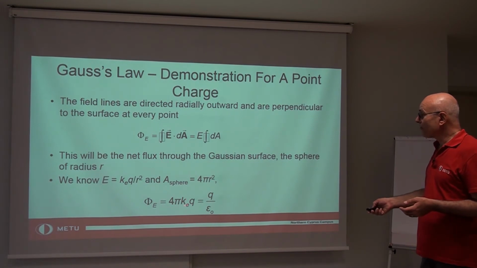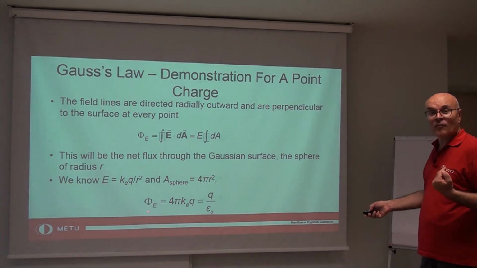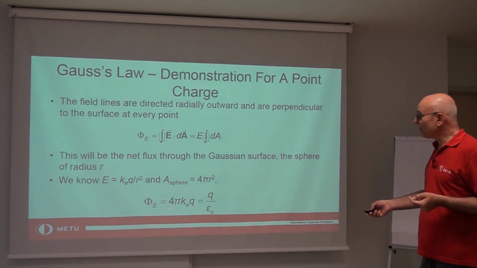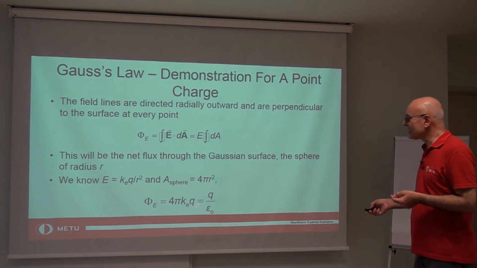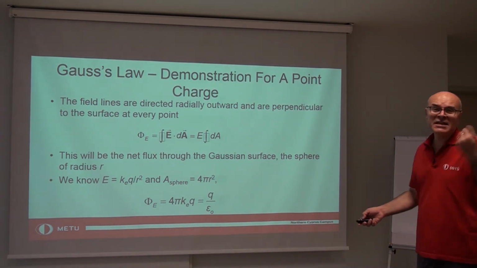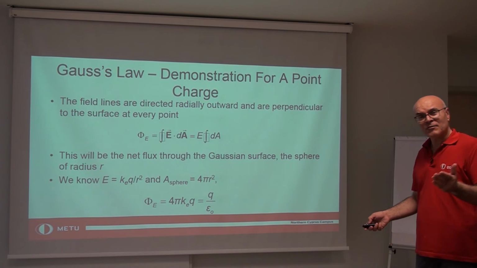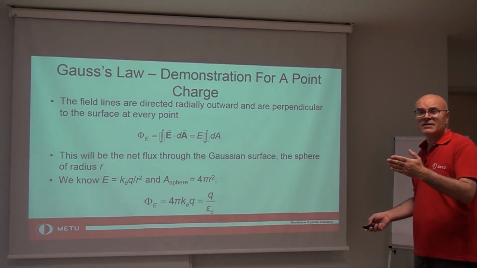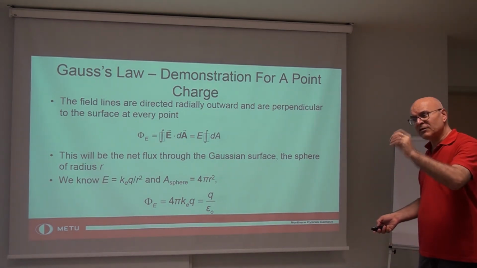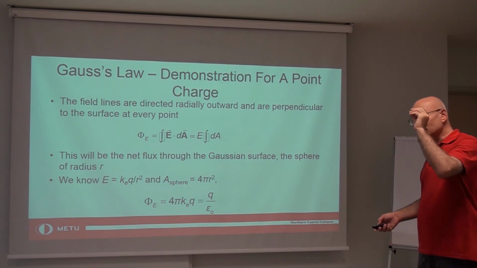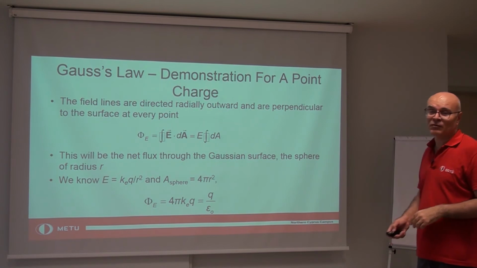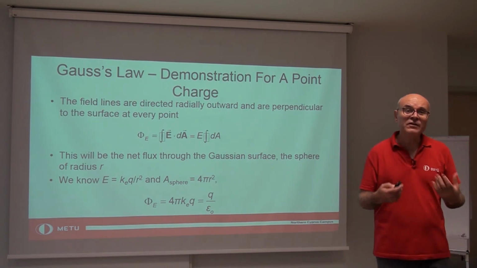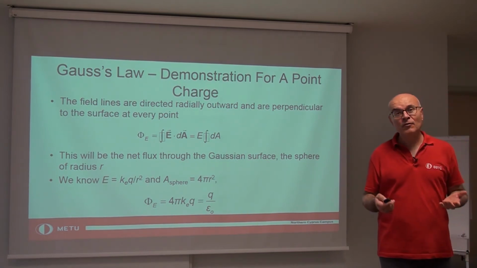Now, k is 1 over 4 pi epsilon naught, if you remember. If you just substitute it, you get the right-hand side of Gauss law, or the flux equal to q over epsilon naught, which is exactly what Gauss law says. Gauss law says the flux, when you calculate it, you should get it numerically equal to the charge inside the surface divided by epsilon naught, and this is exactly what you get. So we have now verified Gauss law for